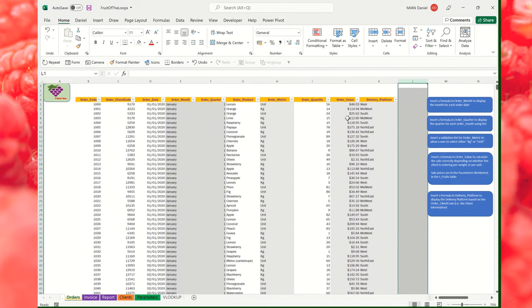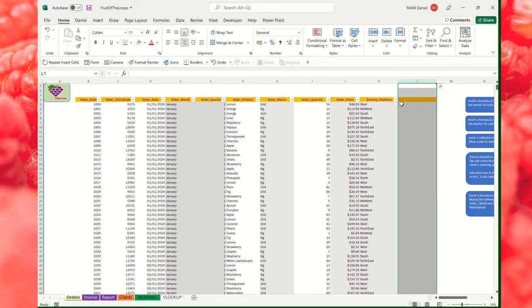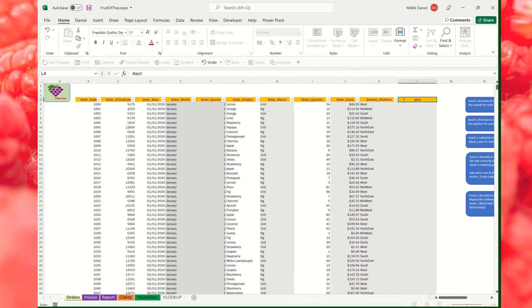Control Shift plus to insert a column, and we're going to call this, let's say, alert. So what we're going to do is display something. Let's say display the word OK, or not. Let's display the word alert